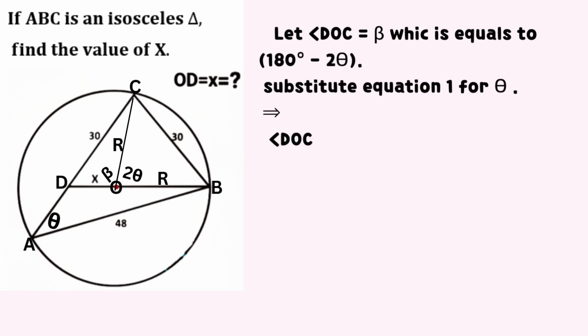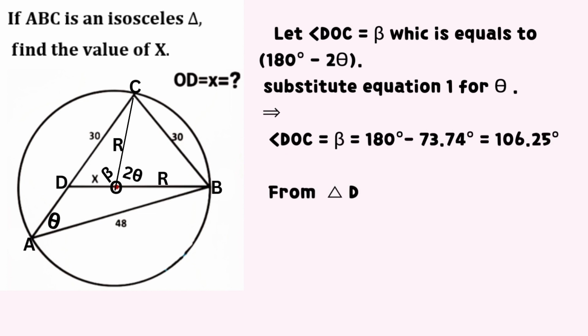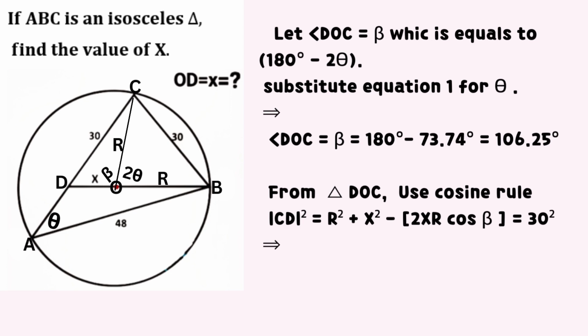Let angle DOC equal beta, which equals 180 degrees minus 2 times theta. Substitute equation 1 for theta. It implies that angle DOC equals beta, which equals 106.25 degrees. From triangle DOC, use cosine rule. The square of line CD equals the value shown on the screen. Simplify and we have that